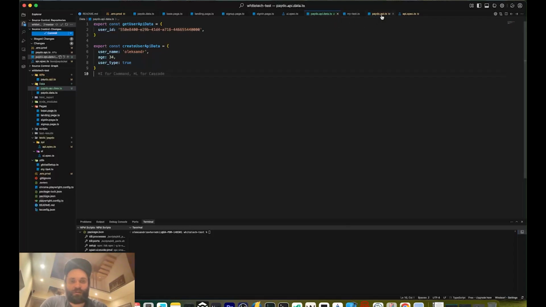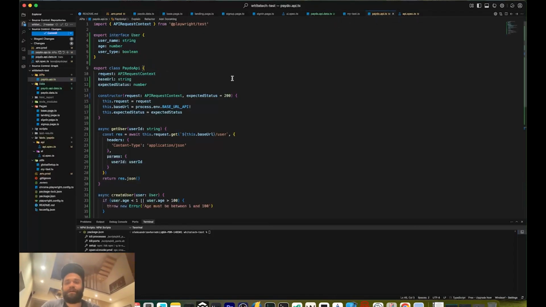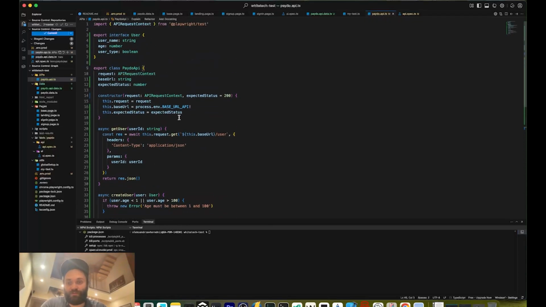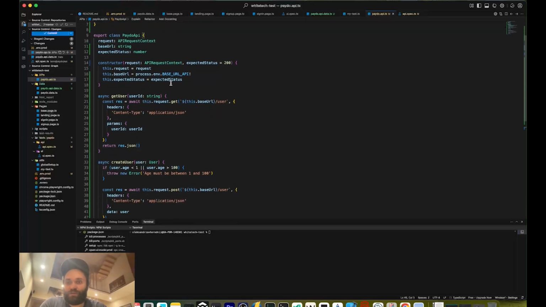Then we also do have the API sort of page object, but I would call this an API object. The approach here is the same as with the selectors, with the classical page objects. It's just that this is used strictly to describe API methods, and possibly some more complex logic if it exists within those methods. But since this is just a technical task and the API itself is not real, we stick to the structure. So we got an interface, which is going to be used in one of the methods to create a new user. And then we got this class, which uses a couple of